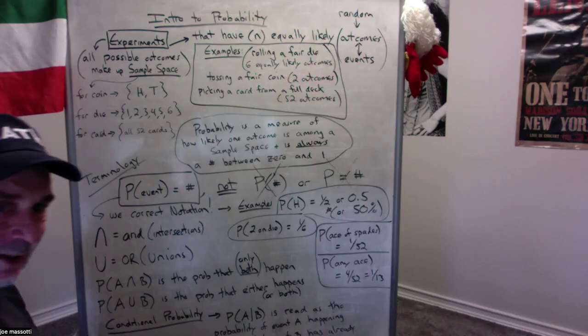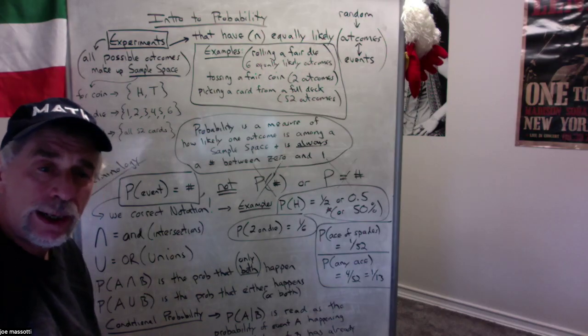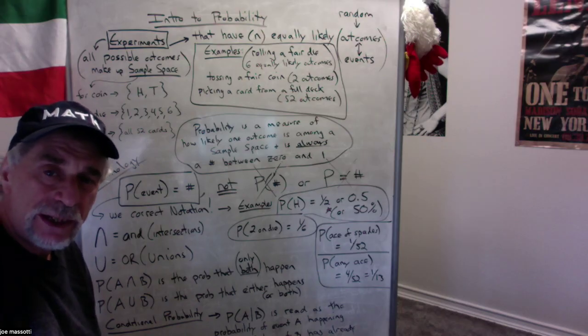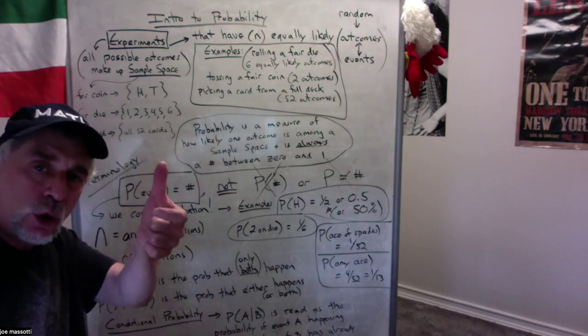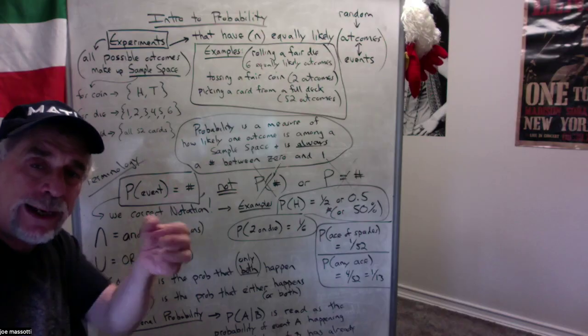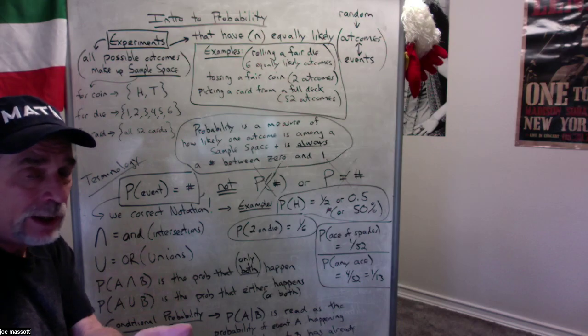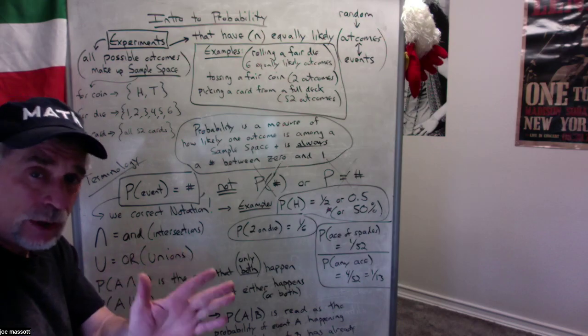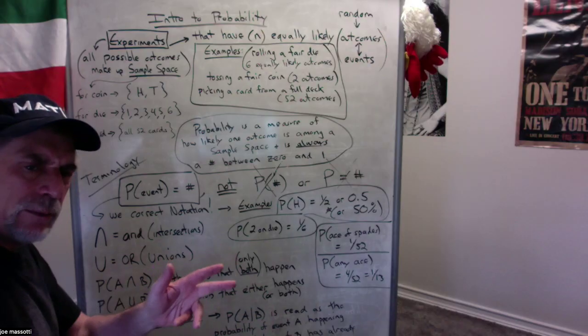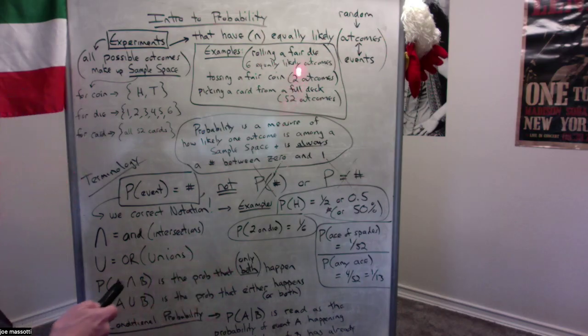Now, of course, that is ignoring the famous Twilight Zone episode from the 60s where the guy flips the coin outside his office one day and it lands on its side. If you haven't seen that one, it's a good one. I won't tell you how it turns out, but we're going to ignore that probability